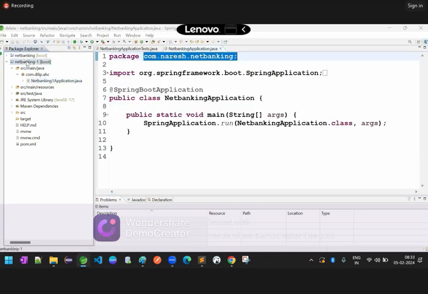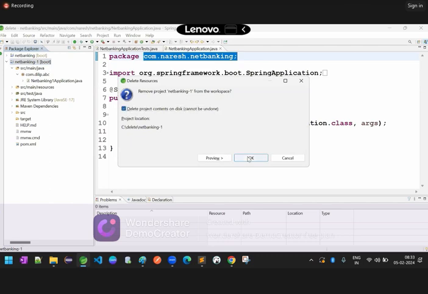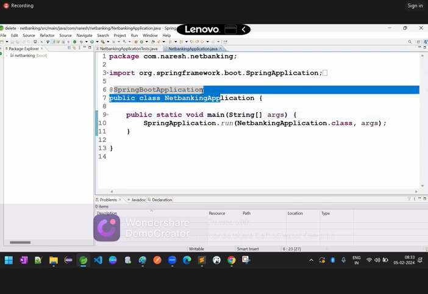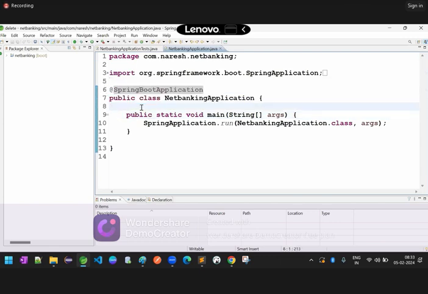From where it is getting? You know, right, from where it is coming? What you gave at the project creation time. That's fine. So now you need to understand this annotation called @SpringBootApplication,